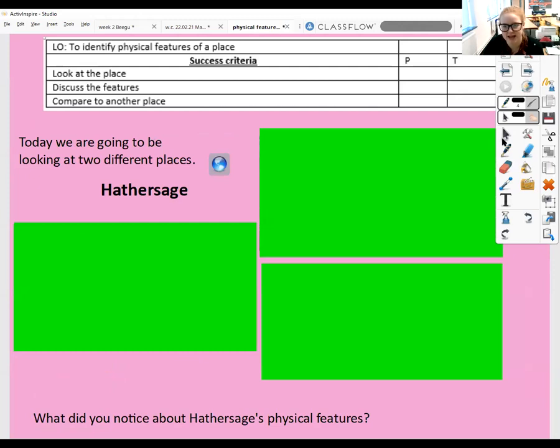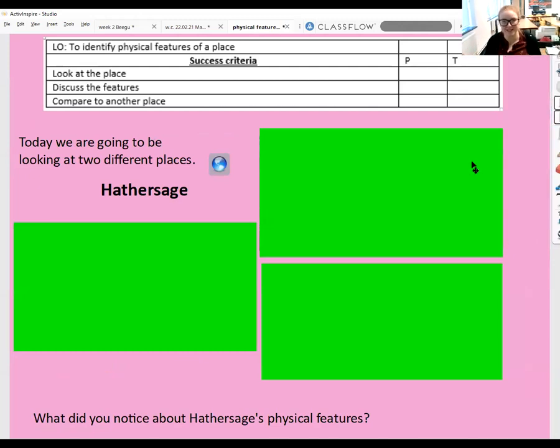Let's have a look at what we're doing today. So we're going to be looking at another two places. Oh, wow, so many places to look at. So last week we looked at Whitby and Eyam, and now we're going to look at somewhere called Hathersage. Can you say Hathersage? Hathersage. So Hathersage is not far from Sheffield. We might look at that at the moment, but let's just look at this video of Hathersage and see what